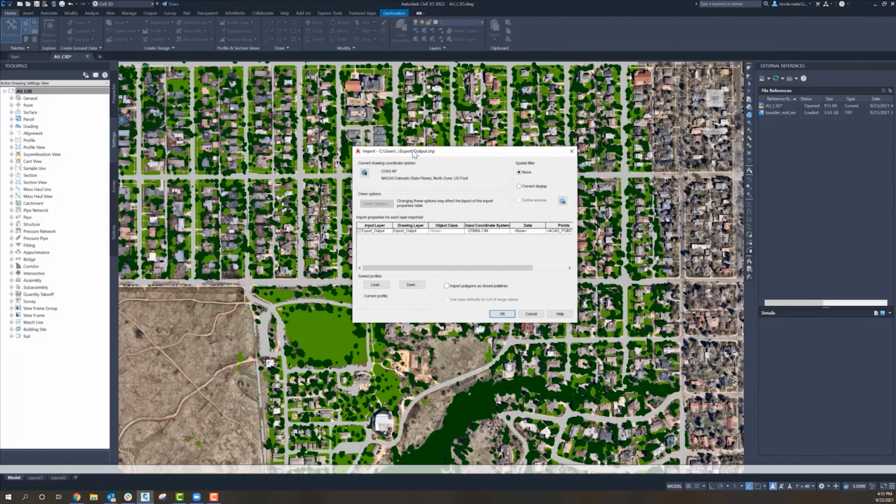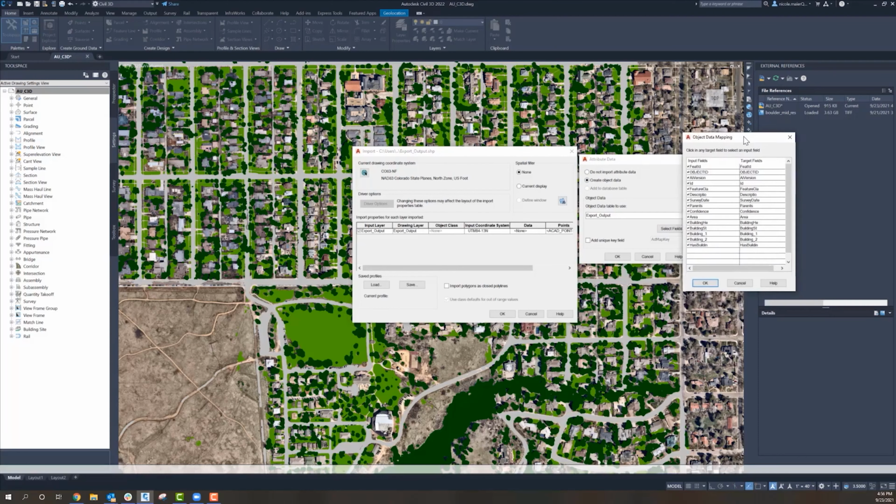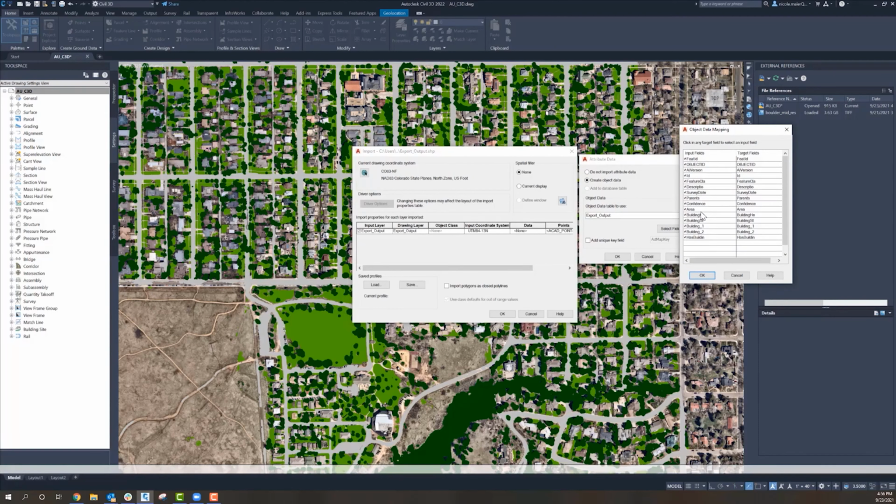So similar to our other output windows, we are going to actually select data within here. What this is going to do is tell the import to bring in those attributes as they exist in the table in an Esri environment, so that they are going to be legible in the properties in Civil 3D as well. We're going to want to create object data and then select the fields that we would like. So I think for this example, let's say, pull building heights.